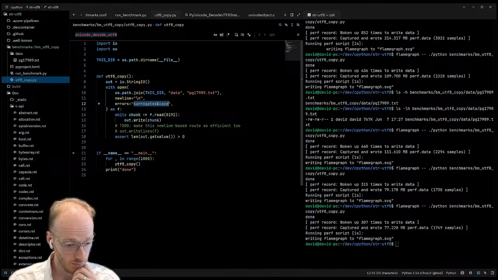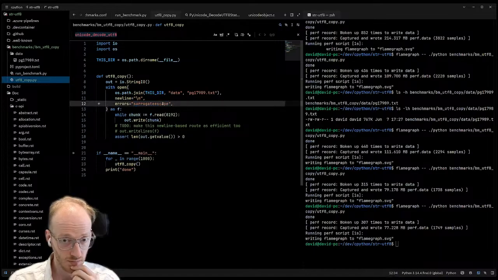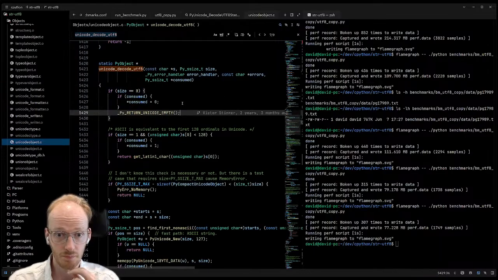Okay, I think we chose the wrong name in our previous commit. Surrogate escape is probably not the best name for the low-level storage for Python strings. Because what we're storing is bytes.